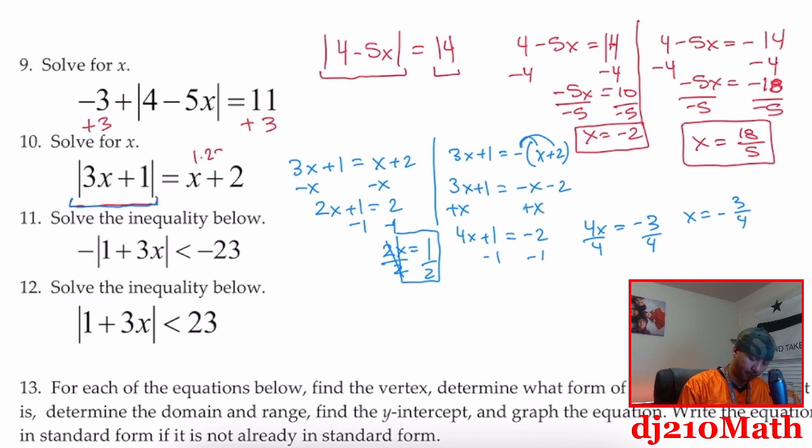So 1.25, right? Because 3/4 is 0.75, 75 cents. So 2 minus 0.75 is 1.25. All right. On the left, inside the absolute value,